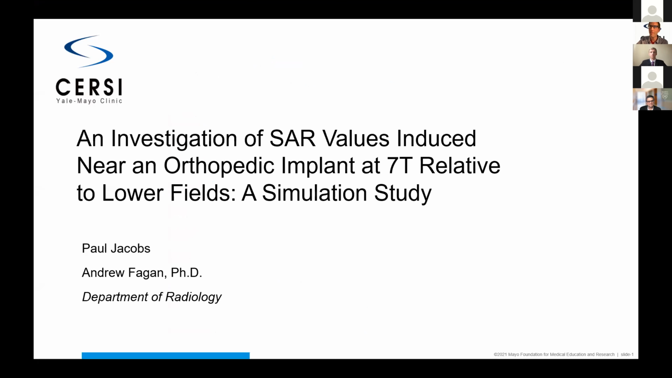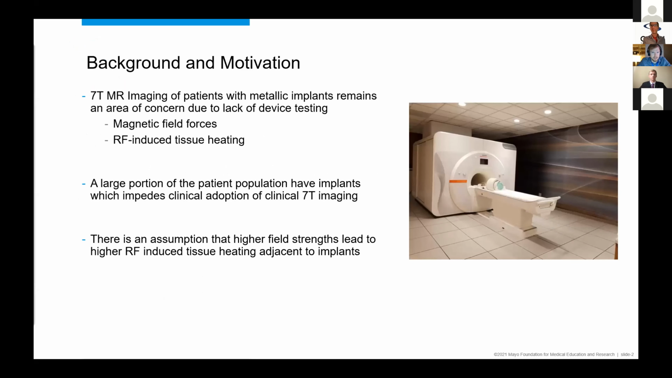Thank you. So my name is Paul Jacobs. I work with Dr. Andrew Fagan in the Department of Radiology here at the Mayo Clinic. And my project is an investigation of SAR values induced near an orthopedic implant at 7 Tesla relative to lower field strengths. So to give a little bit of background on this topic,